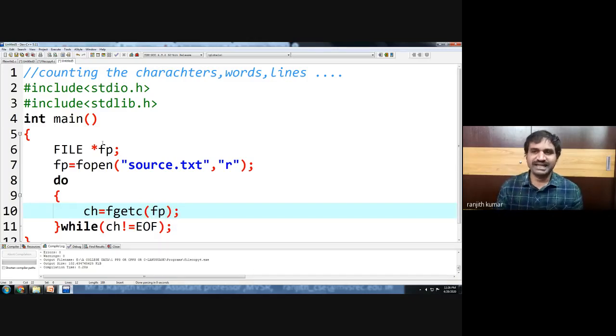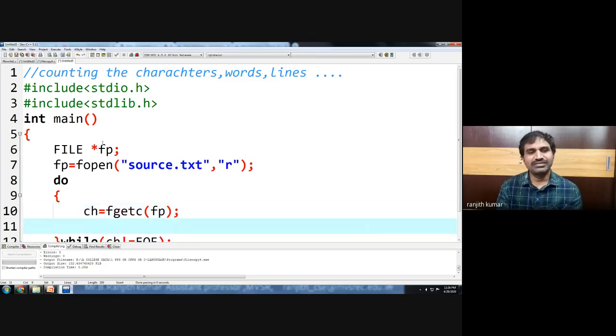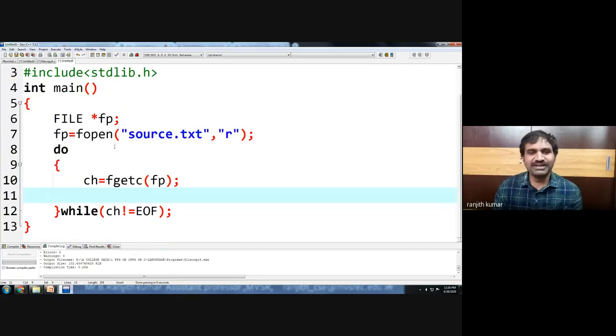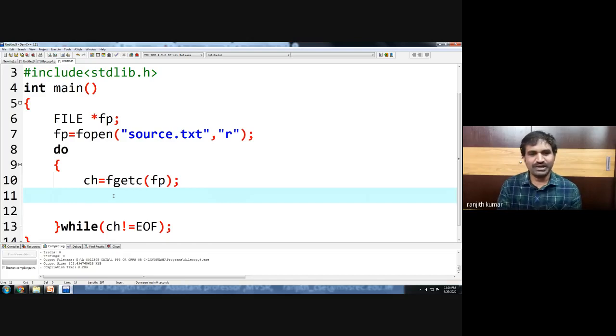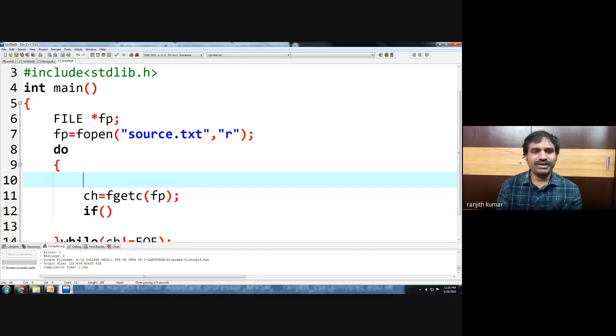So we will read the character from the file, and we will display the character on the screen. Now here, instead of displaying, we have to count the number of characters. Now you have to count. So how many times this loop will run, that many characters are available in the program.